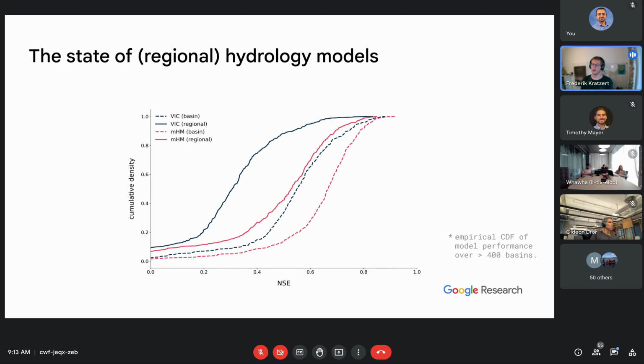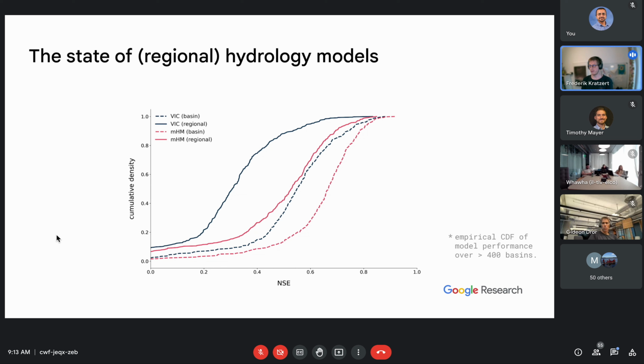for two different models calibrated in two different settings. The models are the VIC model, which is quite popular in the States, and the LHM model, which is quite popular in Europe. And both of these models were trained on the same data, the same periods.